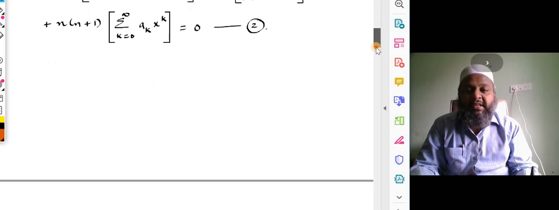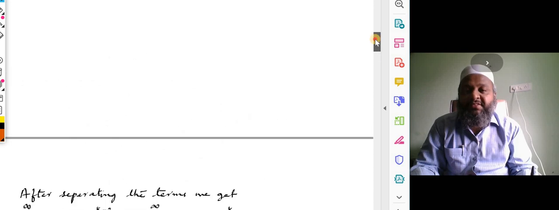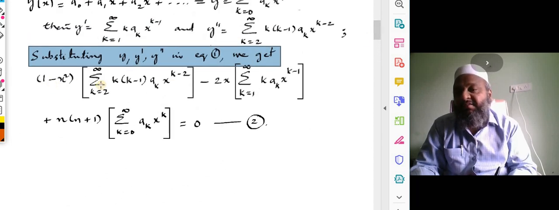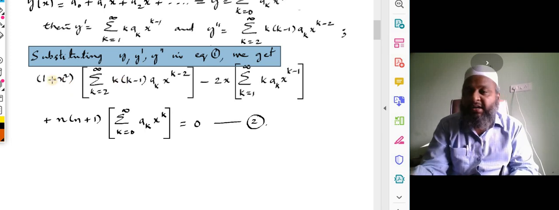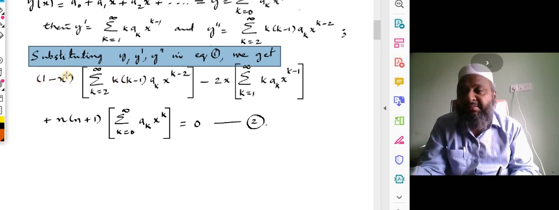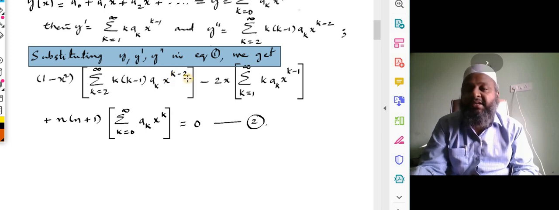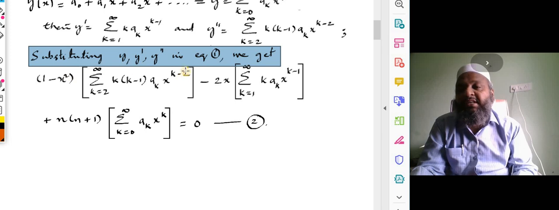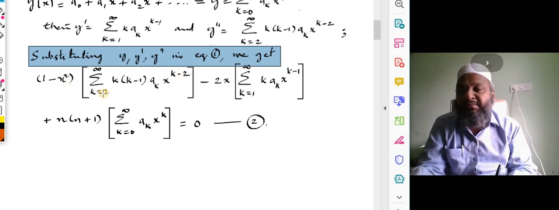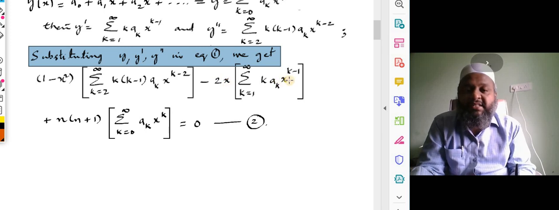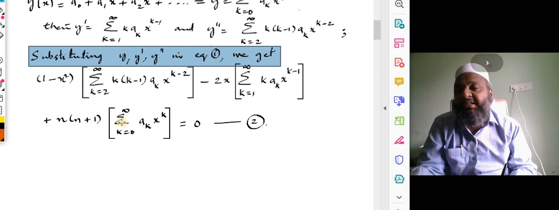So if we separate the terms, first term I am having 1 with this x summation and x square. So one time of this summation will come, next time x square will become x to the power of k when getting cancelled with x power k minus 2. So x power 2 and x power k minus 2 reduces to x power k. So here this gives 2 summations, and this x goes inside, will become x to the power of k, and this particular summation remains as it is.